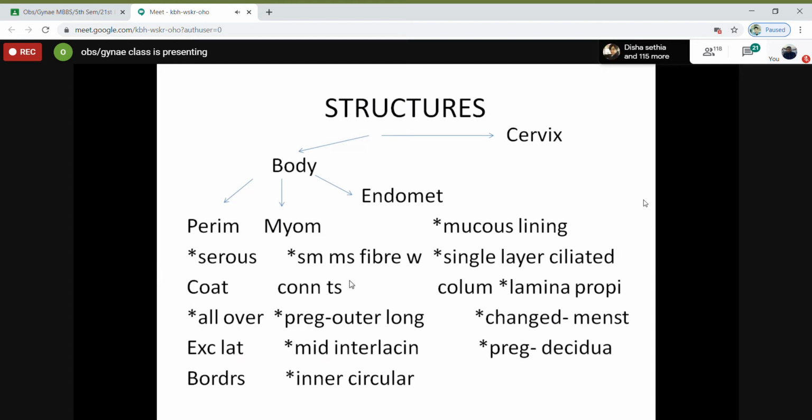Now in pregnancy, what happens to the endometrium? It forms the decidua. Decidua is like a thick blanket. It is preparing itself. It is the covering for the fetus. It is a thick layer like a blanket which, prior to implantation, forms the decidua so that it can take in the fetus, the embryo. So during pregnancy this endometrium is known as the decidua, and in menstruation part of it is shed and then it regenerates again. That's why there is bleeding.